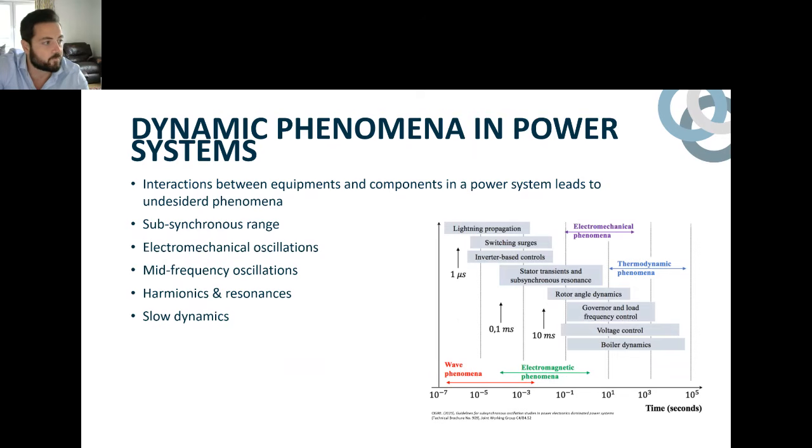So it can be seen that there are lots of phenomena that can happen in a power system, and the root causes are completely different. The point is that power systems are subjected to a whole spectrum of dynamic behaviors, each operating on a different time scale. Some of these are well understood and controlled, while others, like subsynchronous oscillations in modern converter-rich systems, have become increasingly important to study today.